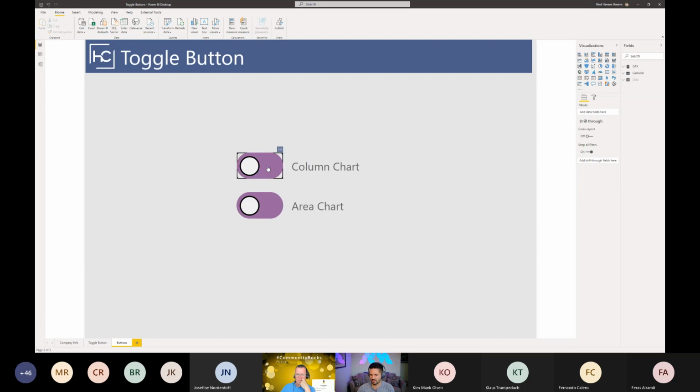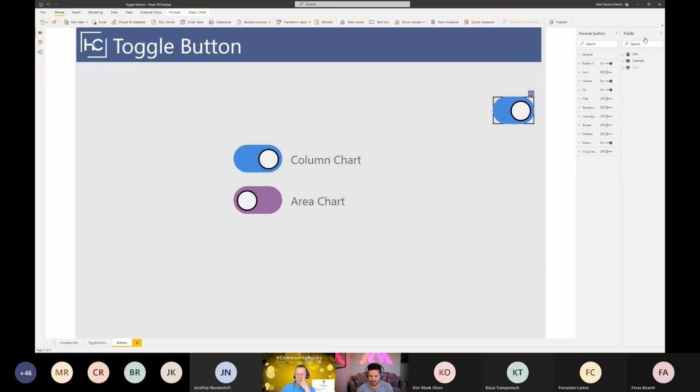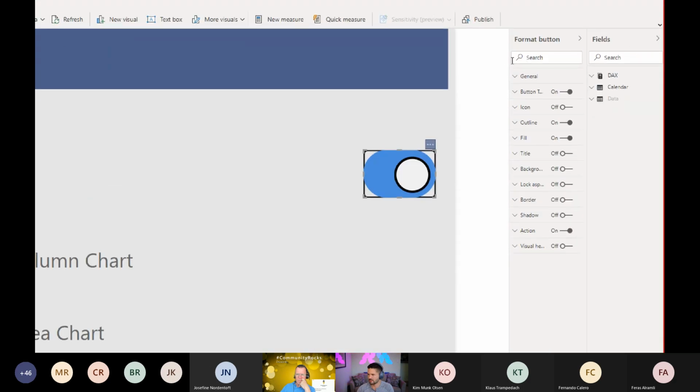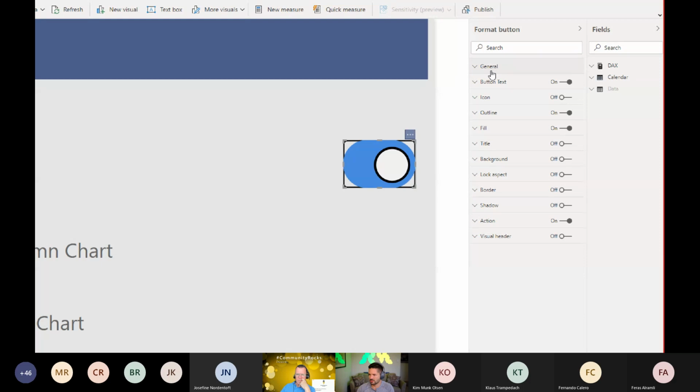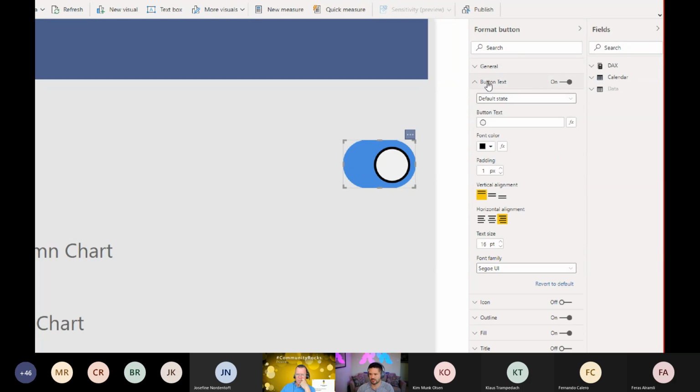So let me dissect this button itself and walk through all the formatting that I used to get this effect. Here, and move this out. So we have a couple of settings in here. Now, the great thing with buttons is that there's a series of settings available for them with different states. We have our three primary ones that are used: default, hover, press. So default is, what is it when it's sitting on the page? Hover, what is the effect when my mouse hovers over it? And on press is when I click it.